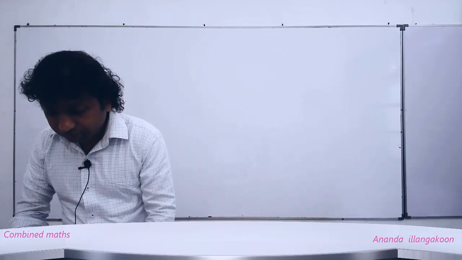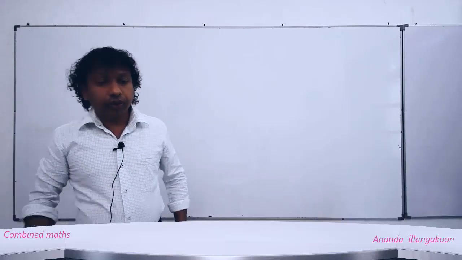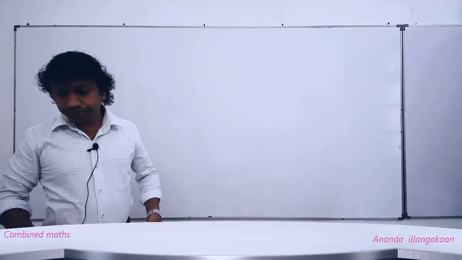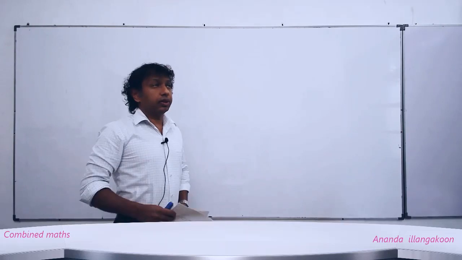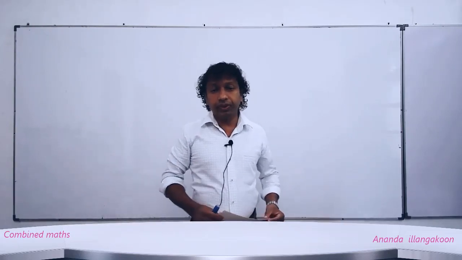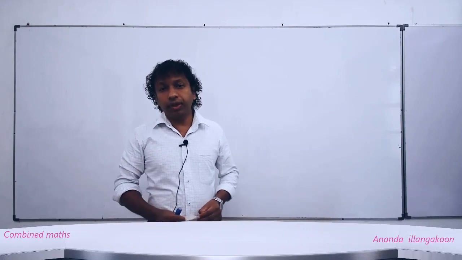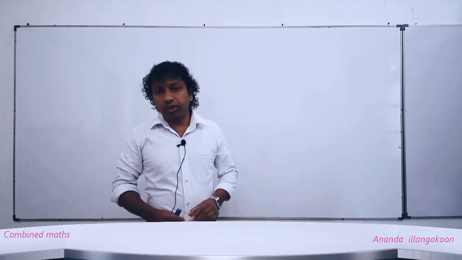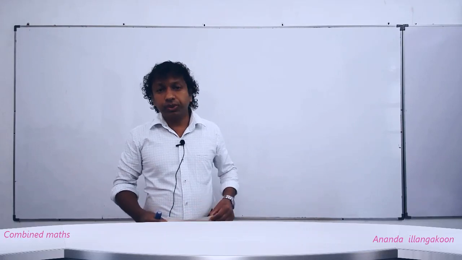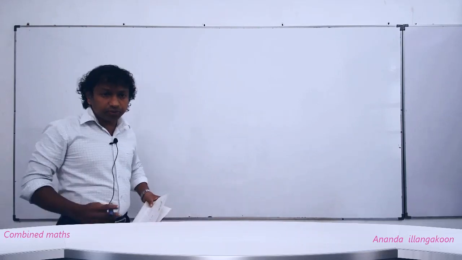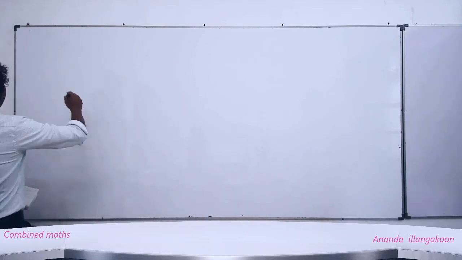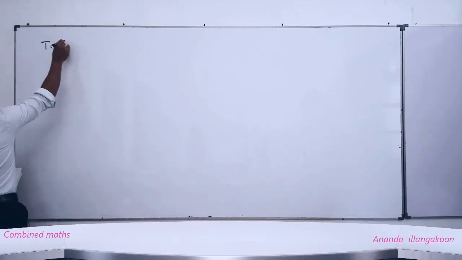As the first heading today, write down the next theory. From this theory part, the question was repeated 3 times consecutively in 2007, 8, and 9. And this method is very helpful in getting the answers to the questions coming under this in a minimum number of steps. So the heading is, write down the heading like this: to find